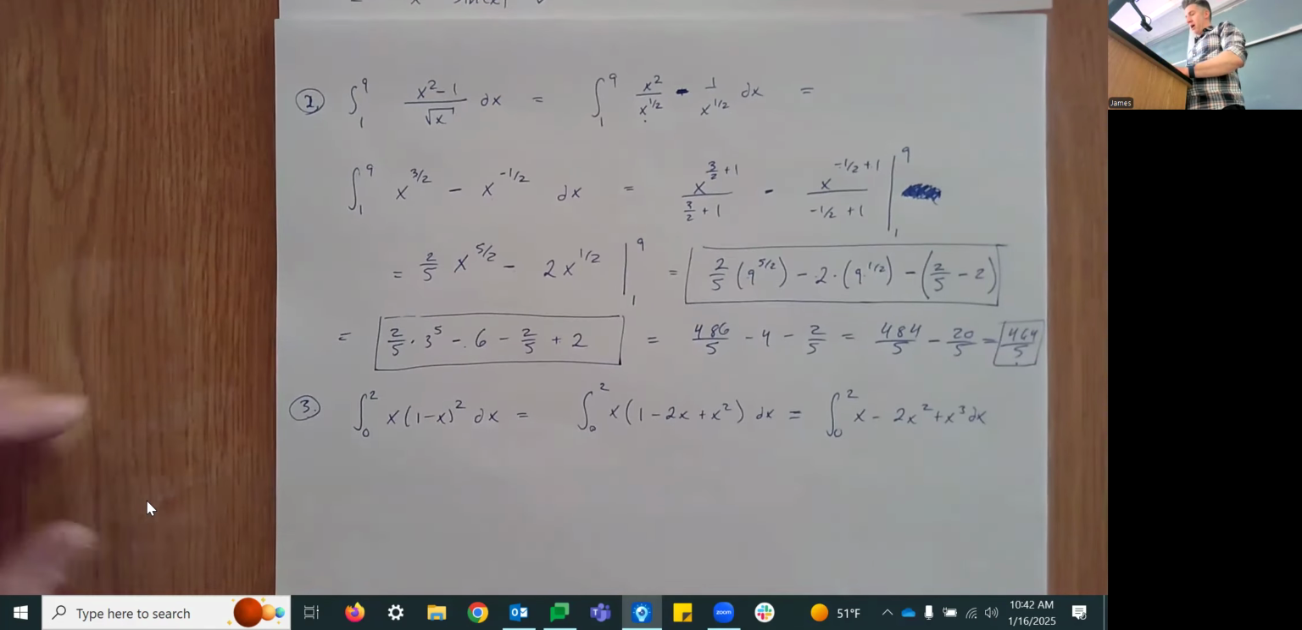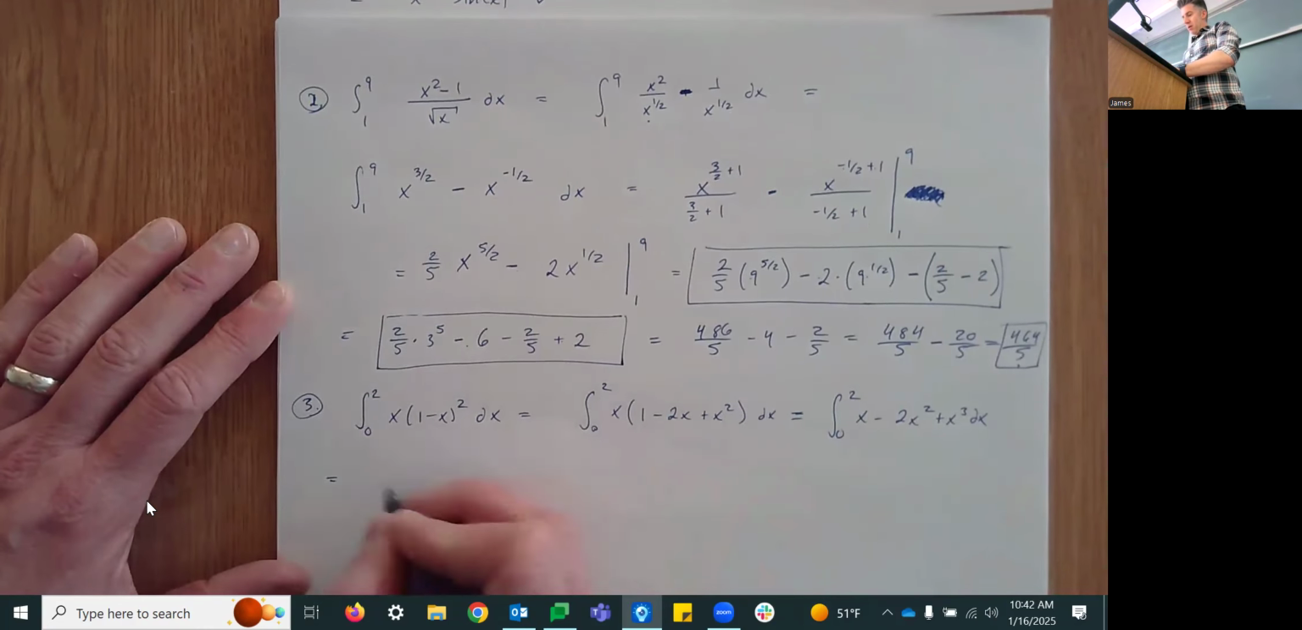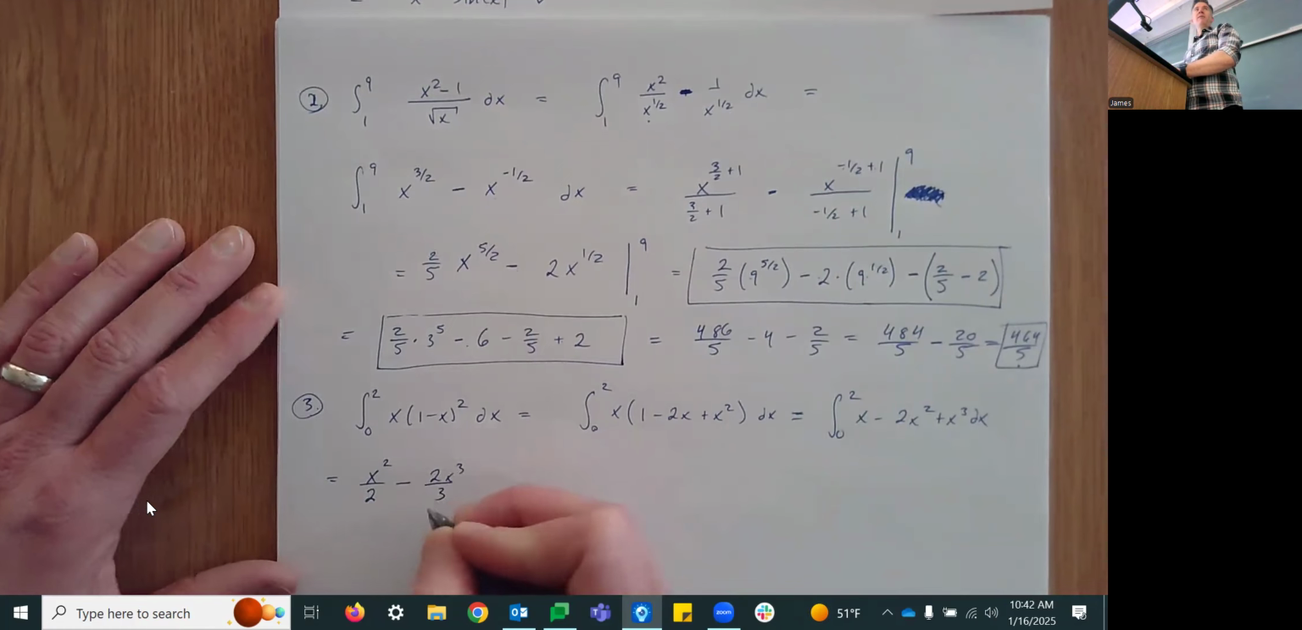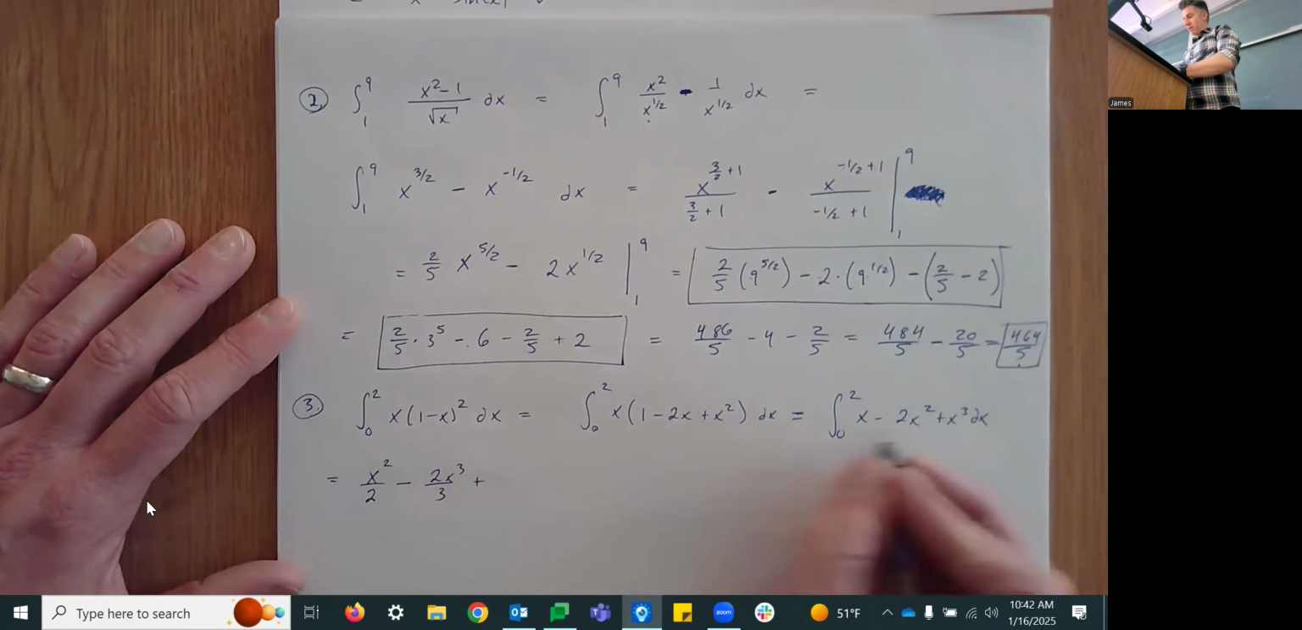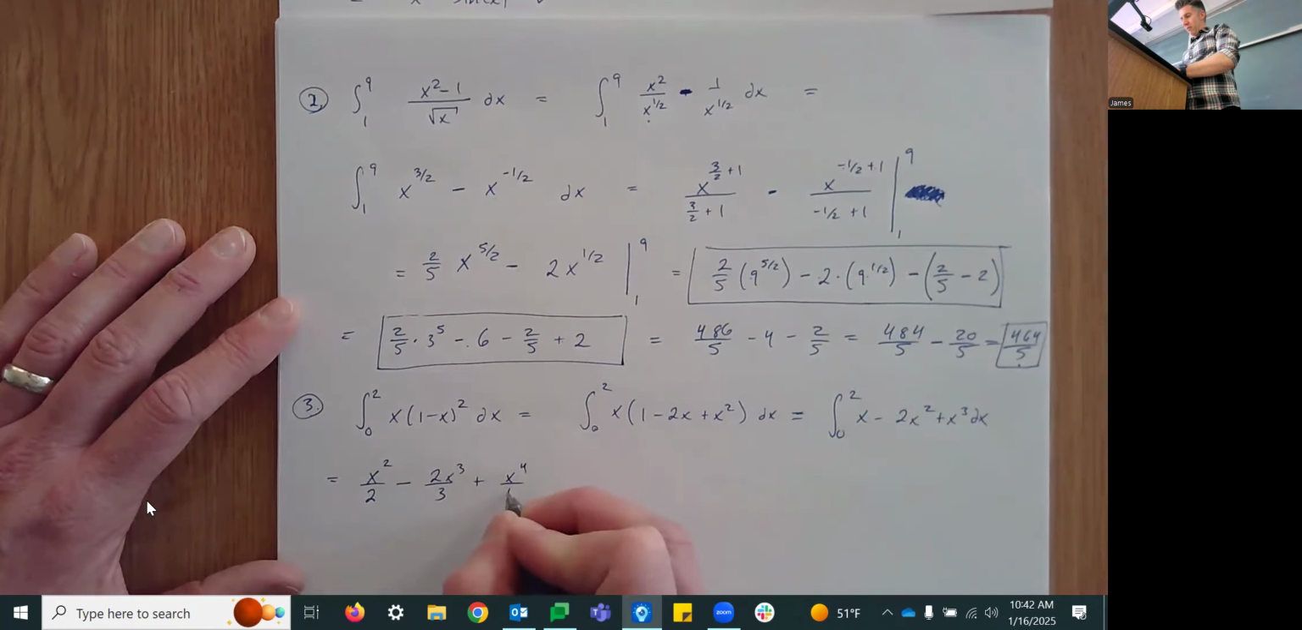Here we're going to have, let's see, x to the first is going to be x to the second divided by 2. The antiderivative of 2x squared is 2x cubed divided by 3. And the antiderivative of x cubed is x to the fourth divided by 4, evaluated from